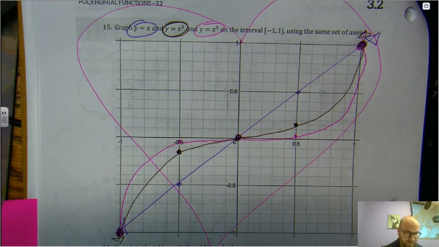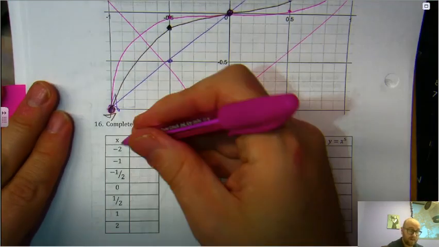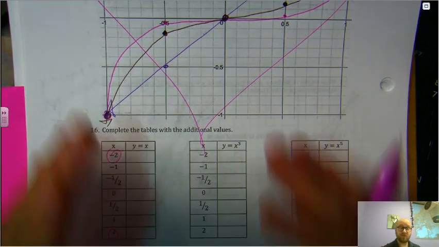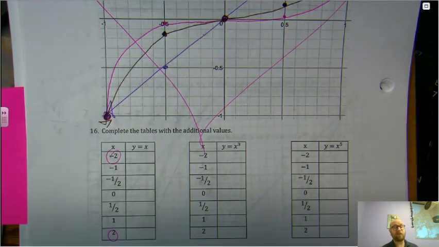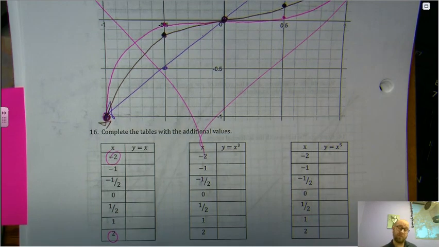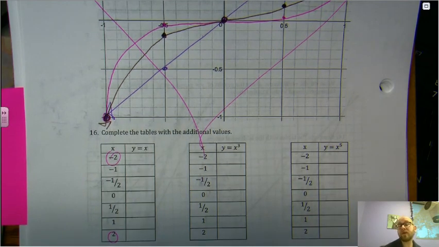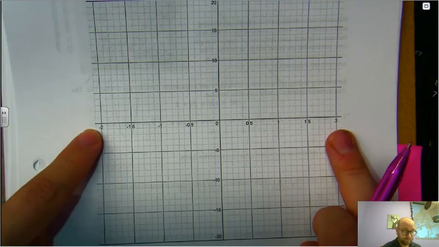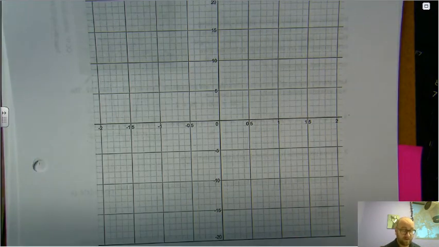I really enjoy it. Okay, so you're going to be doing that again for the next section, except now we're going to expand out to see what's happening at the twos. So we're actually going to zoom out a little bit out of my love of the fractions into a bit of a bigger realm. But you'll see how those behave, and then you'll be asked to graph them here. All right, and then finally,